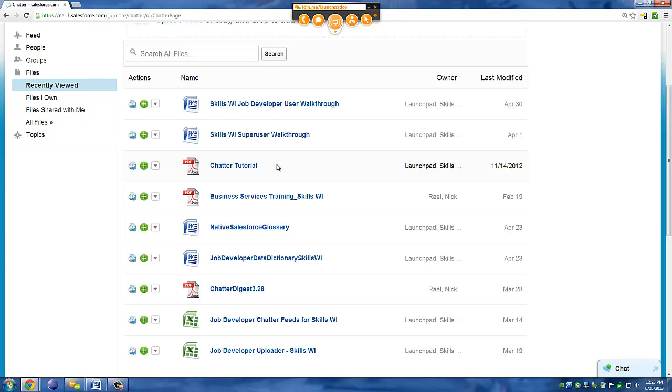about Chatter. And then there's two more down here, the native Salesforce glossary. What you might see in the system is some terms being referenced that you aren't sure what they are, and this glossary will define all of those terms for you. So if you're having trouble remembering what a specific term is referring to in the system, you can use that